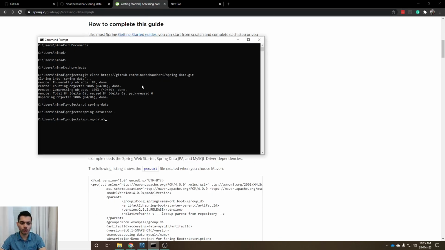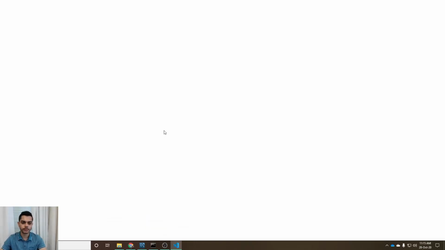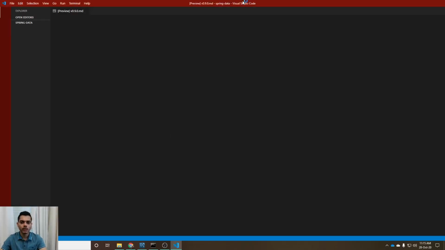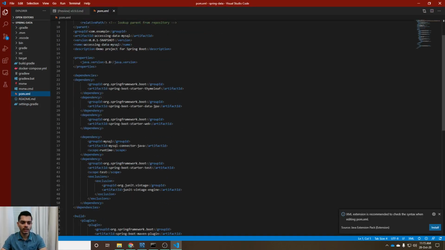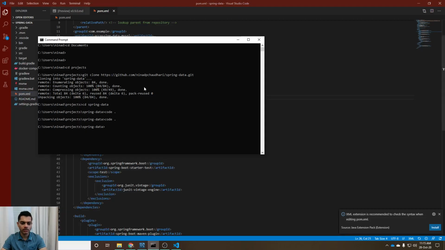So I'm going to first of all clone it. I've already cloned it using git clone, and I'm going to open it using my code editor of choice. Okay, so now let's look at the pom.xml, the first thing of any application, right? So we see that we have the Spring data. Give me a sec, let me see if my